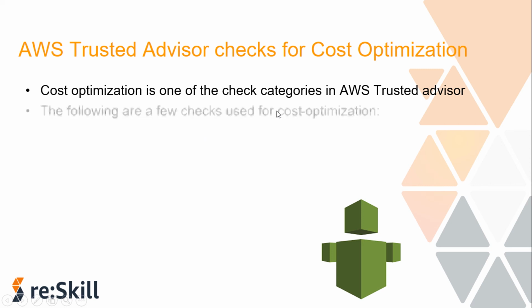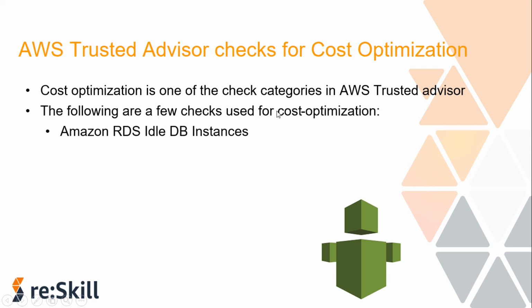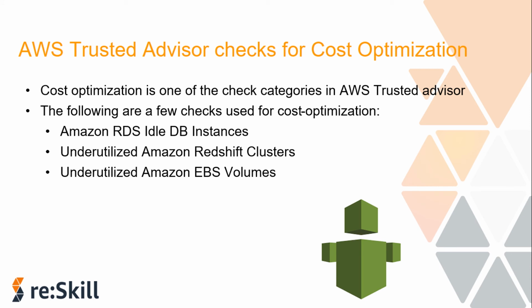We have got a few checks like the RDS idle DB instances, which will check the configuration of your RDS instances for any instance that appears to be idle. Then underutilized Amazon Redshift clusters. This is a check which will check your Redshift configuration for clusters that appear to be underutilized. And then underutilized EBS volumes. It checks all the EBS volume configurations and warns when EBS volumes appear to be underutilized, and then any idle